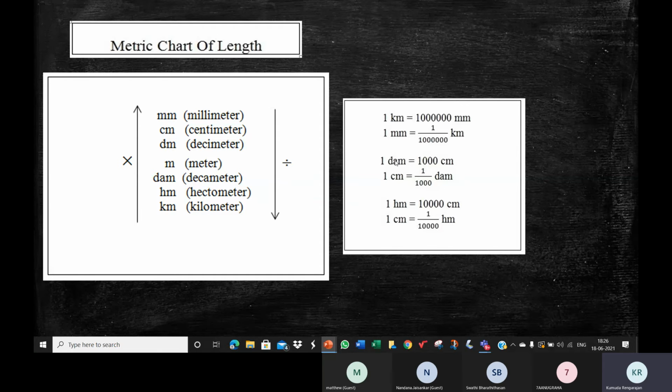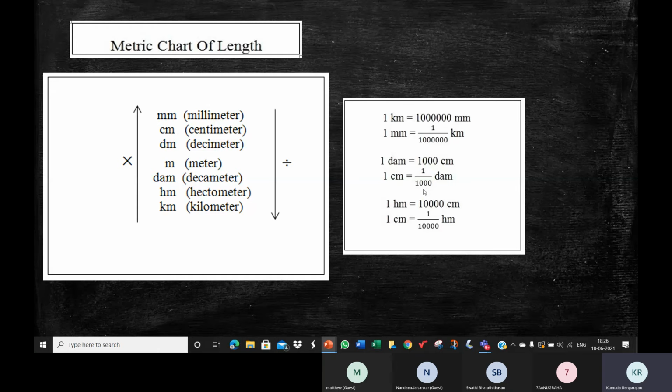Or you should write this: this is the bigger unit. Decameter is bigger, centimeter is small. Then we write it like this. To write it the other way, 1 centimeter is equal to 1,000th of a decameter. That means if you divide the distance of 1 decameter into 1000 equal parts, just think there's